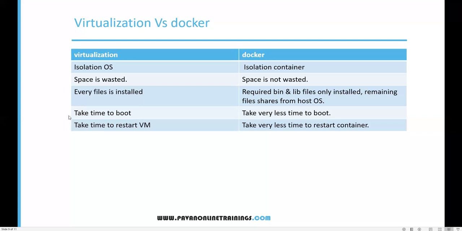Now in virtualization, every file is installed. In virtualization, we have VMs, and in every VM, we need to have all files, including the operating system. But in the case of Docker, containers require only binary and library files. So only binary and library files will be installed, and the remaining files are shared from the host operating system, because